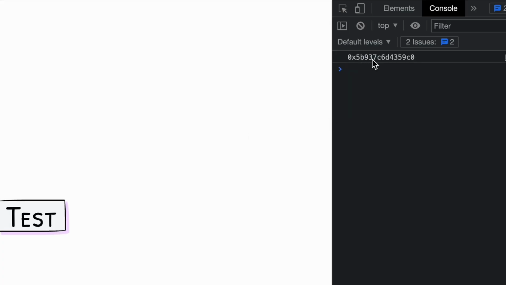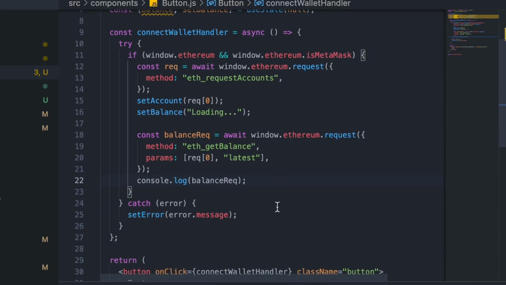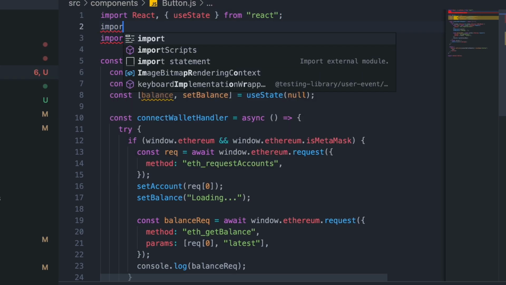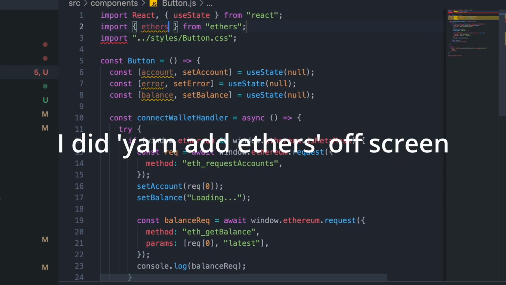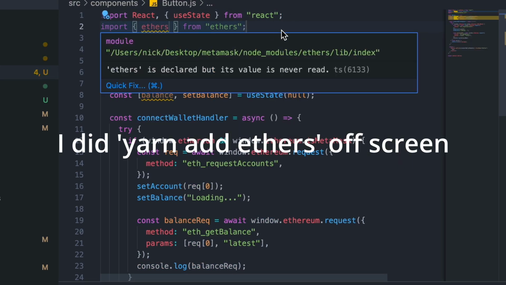Click this again, wait a bit, and this is our balance in either Wei or Gwei, I'm not too sure, but this is stored as a hexadecimal, so it's not really useful to us. So this is where Ethers comes in. So let's import Ethers from Ethers,